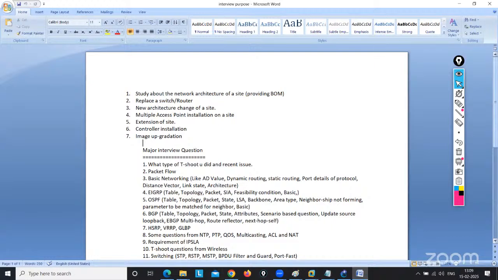So these are the very basic things you need to know, because if you say router switch replacement, then they will ask. And if you do not say these things, that I need to take the trace, I need to send the mail, then clearly the interviewer will know you are speaking some kind of lie. You did not do this kind of work. So we should be ready for that also. New architecture of a site, I will let you explain all the things, because this is the bigger one. It will take a lot of time.